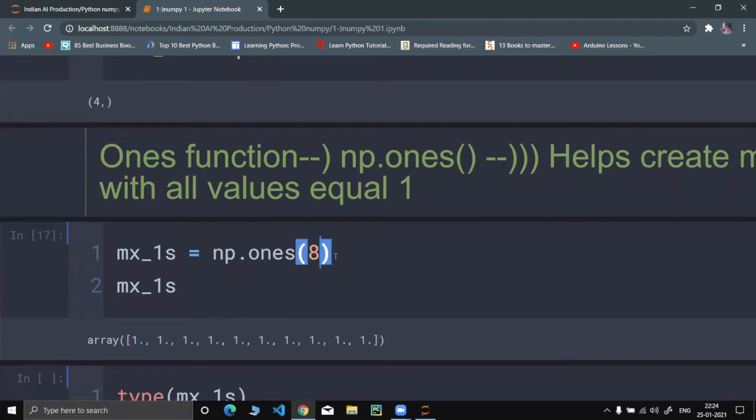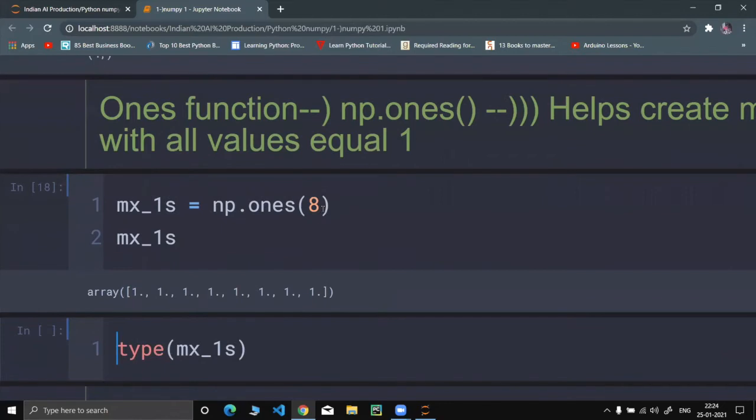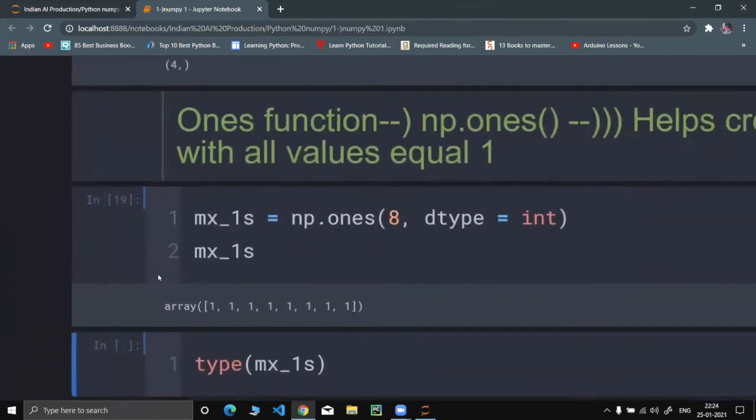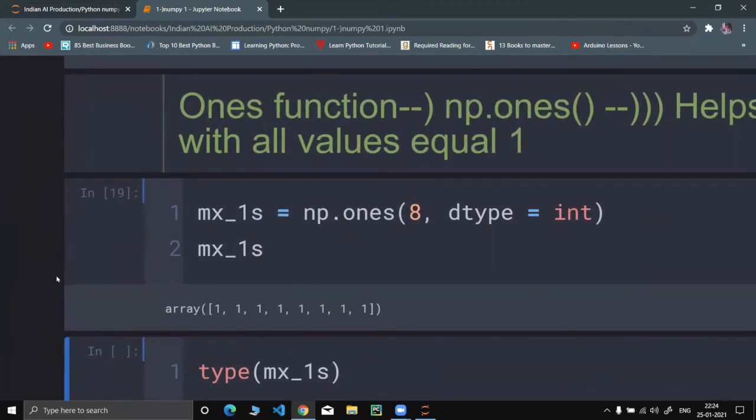It will assume that we want floating point values in the matrix. So if we want integer values, we'll have to specify integer so that it gets printed. Yes, the default is float, floating values, exactly right.